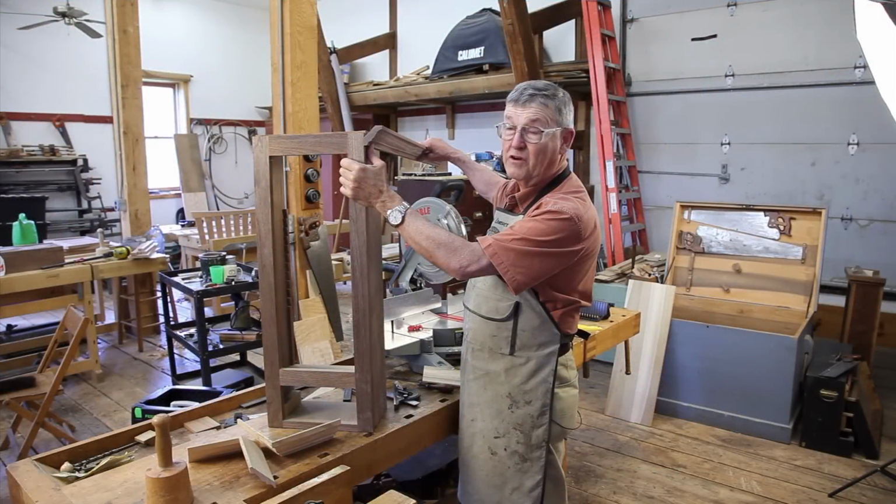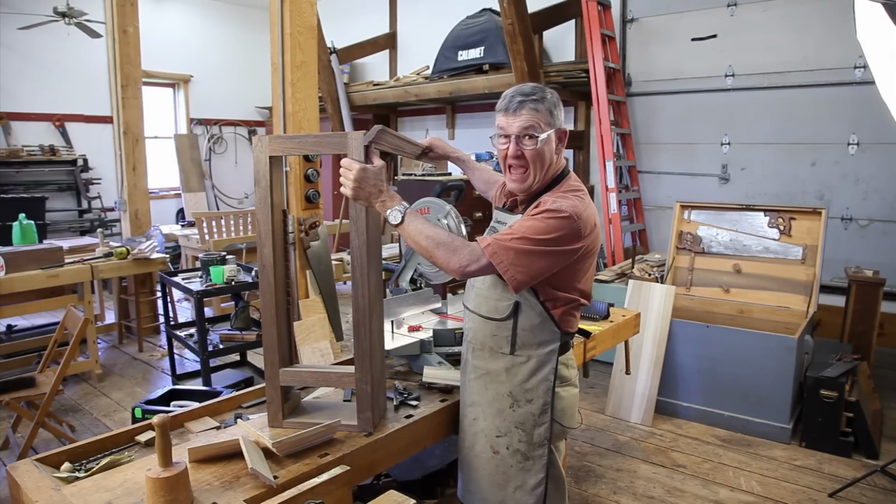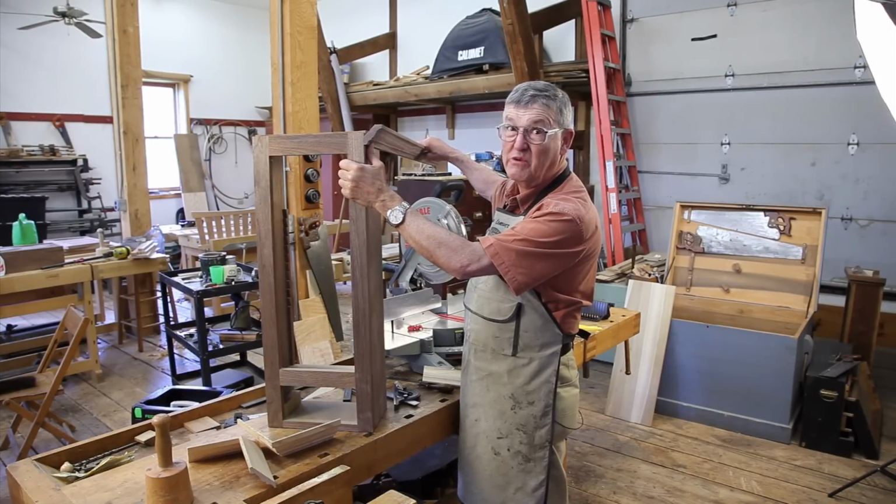Hi, I'm Ernie Conover. It's time to hang the crown molding on this little wall cabinet. It's a finishing detail that'll really set it off and give it some pizzazz. Hanging crown molding is always a tough job, and today I'd like to share some secrets that'll make it go